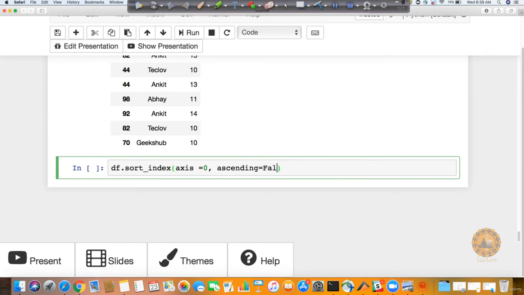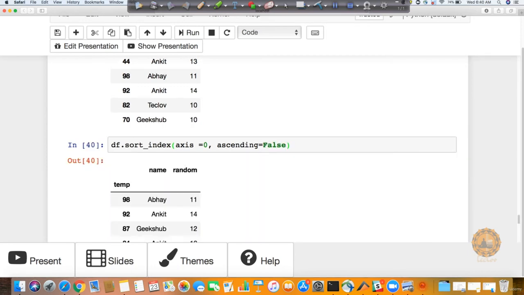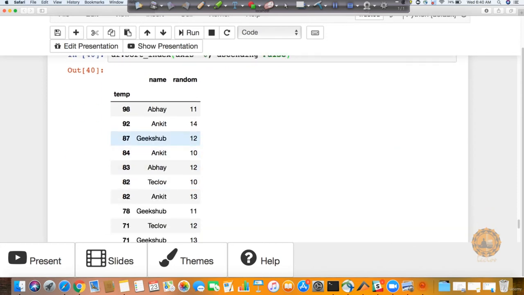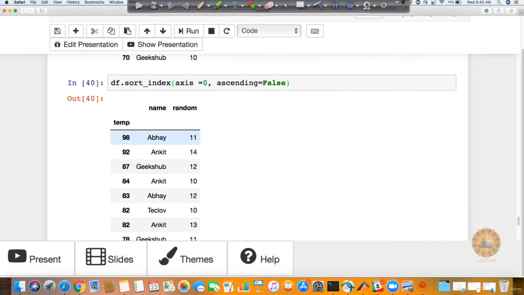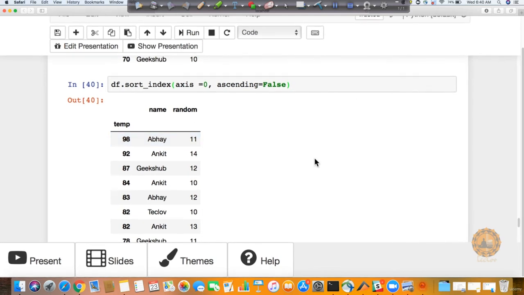This is going to make my index sorted. You can see 98, then 92, then 87. So in descending order, now I can see all my values with respect to my index. So this is how you can check your values and work on them.